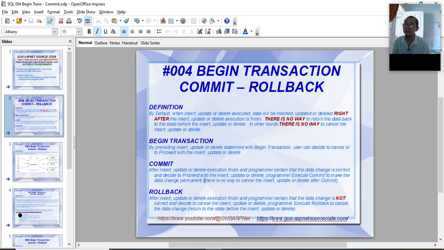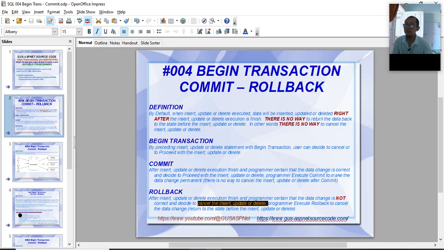There is no way to cancel the insert, update, or delete after commit. And the opposite, rollback. Rollback is to cancel the insert, update, or delete.